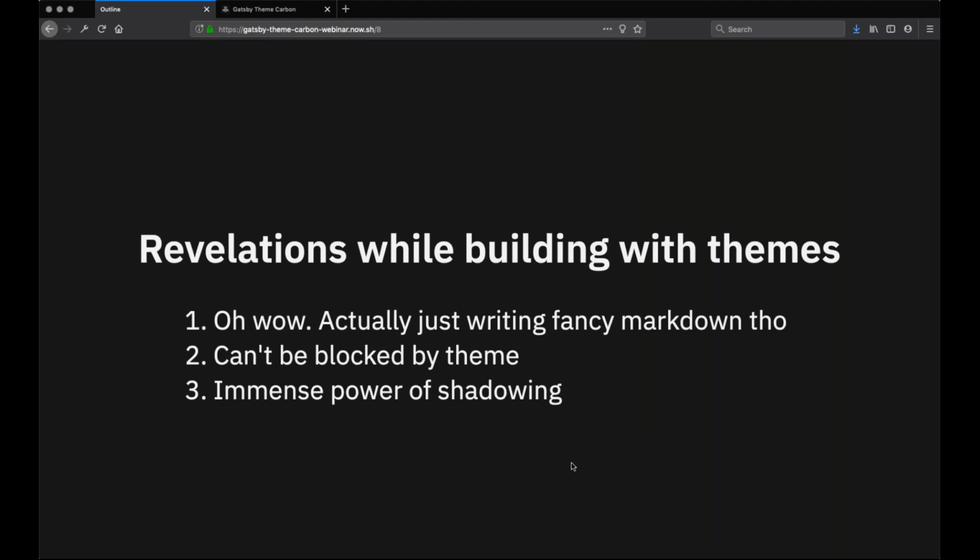So I kind of wanted to talk a little bit about the revelations that everyone encounters. We've seen it time and time again with various teams building with the theme. They kind of go through whatever the phases of denial are, but they have revelatory, awesome moments in developing themes. The first one being, oh wow, you're really just writing fancy Markdown pretty much, and just in writing Markdown and placing it in the magic folder, you get a site that looks and feels like Carbon and the IBM design language. And this was a big selling point